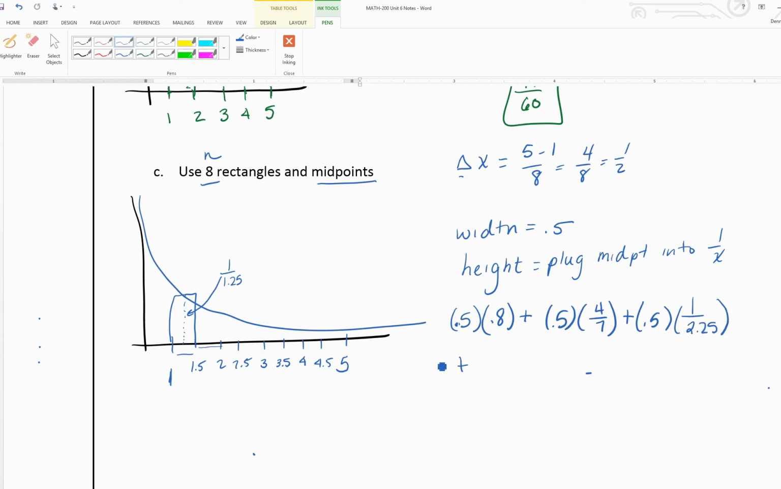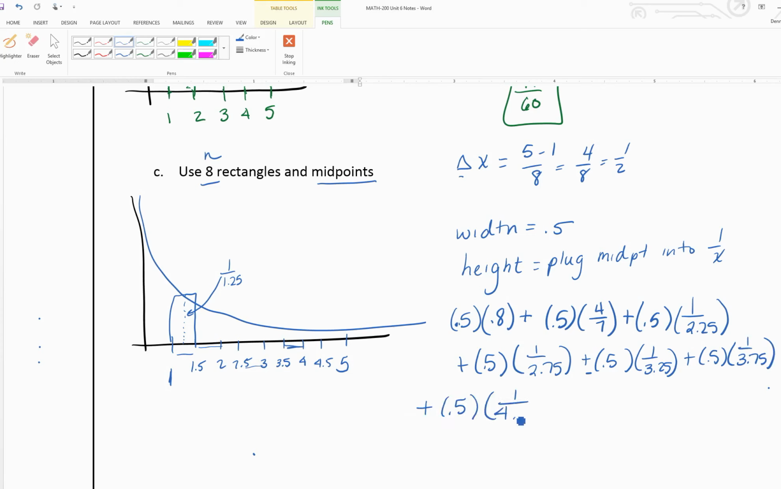Then we'd have plus 0.5, and we'd be plugging in the midpoint between 2.5 and 3, so 1 over 2.75. Plus 0.5, our next one would be 1 over 3.25. Plus 0.5, we're up to this one, so we'd have 1 over 3.75. We'd have plus 0.5, 1 over 4.25, and our last rectangle, so plus 0.5, 1 over 4.75. Okay, so I'm going to